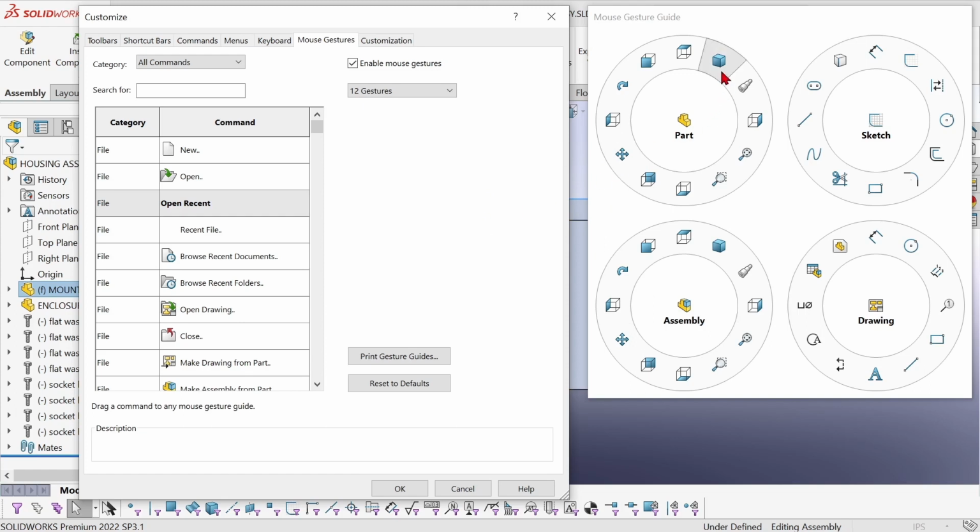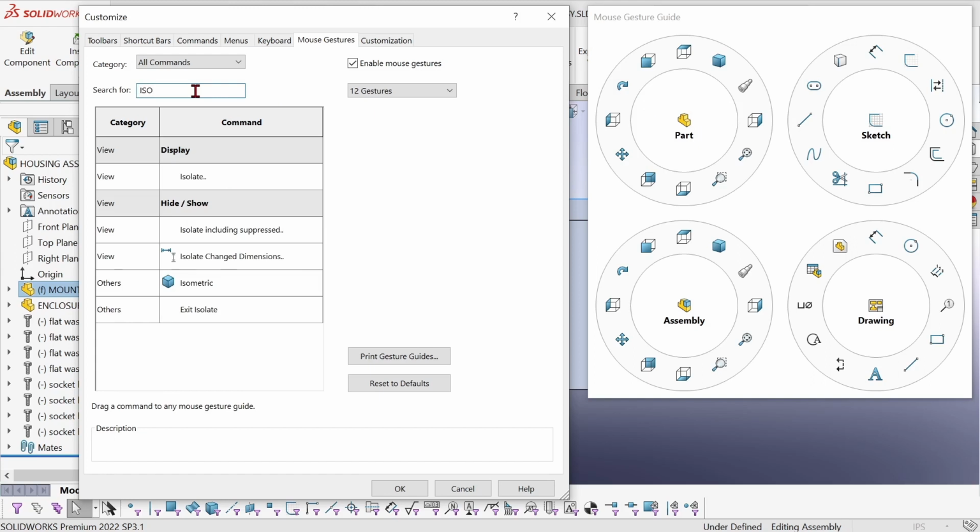So in the part and assembly environment, the trimetric view is available in the 1 o'clock position. But I would really like to have isometric available too, and it's not here. Redo is here on the 10 o'clock position, but I don't really use redo very much. I use isometric all the time. So I'm going to search for isometric, there it is, and just drag it and drop it into the 10 o'clock position there